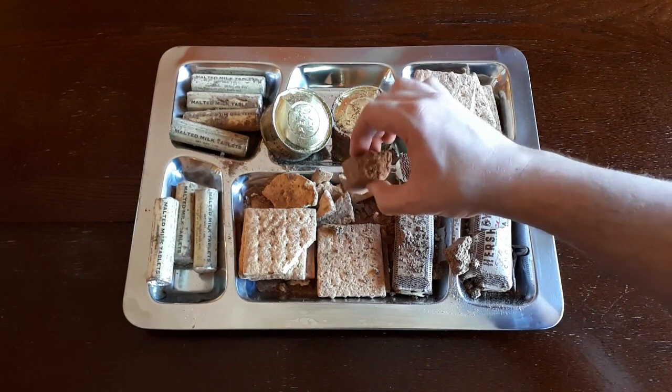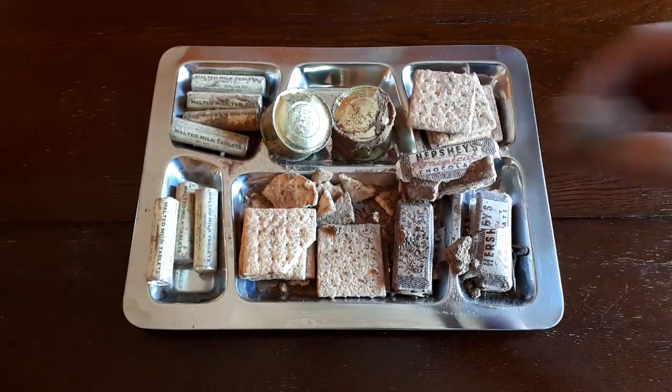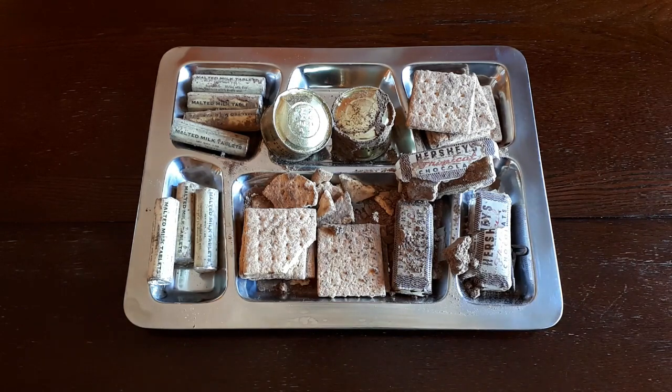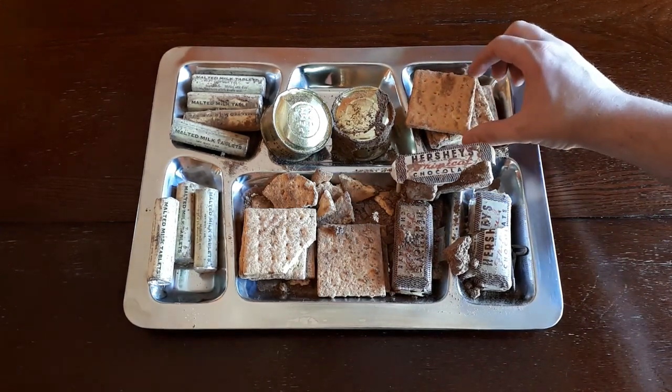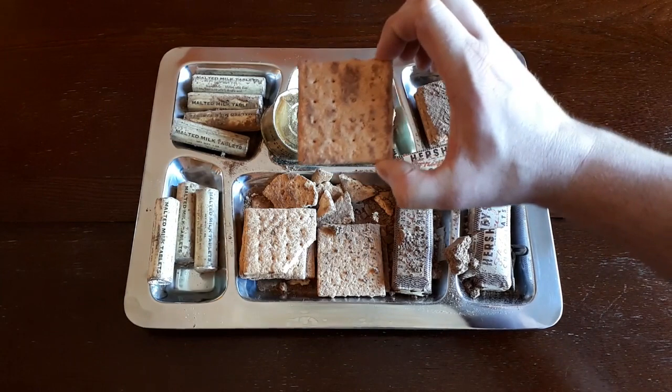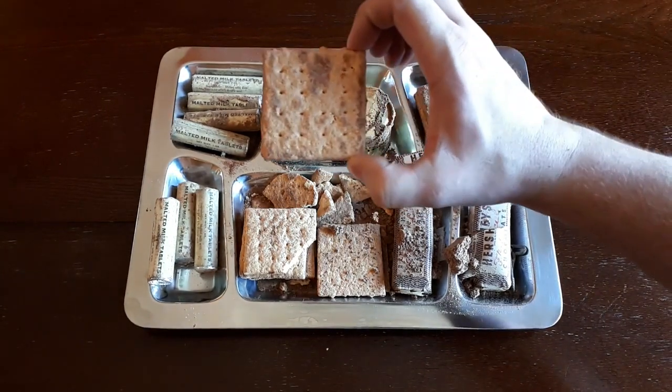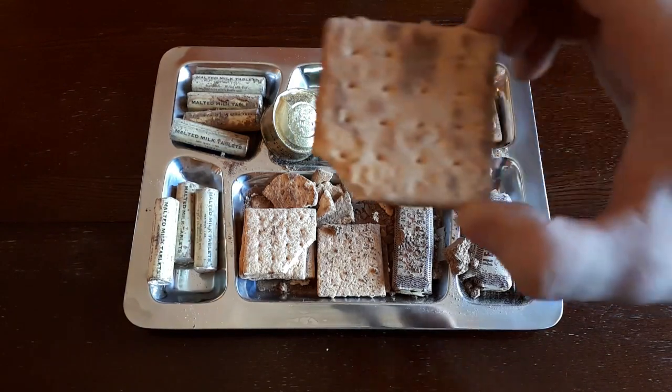It's probably going to be a bad idea, but let's give it a little tiny taste. Yeah, that's horrible. Oh god, that's just gone horribly bad. Just for the sake of saying we tried it, let's see what one of these Hershey's Tropical Chocolate impregnated crackers are sort of like. It's a shame, actually, because